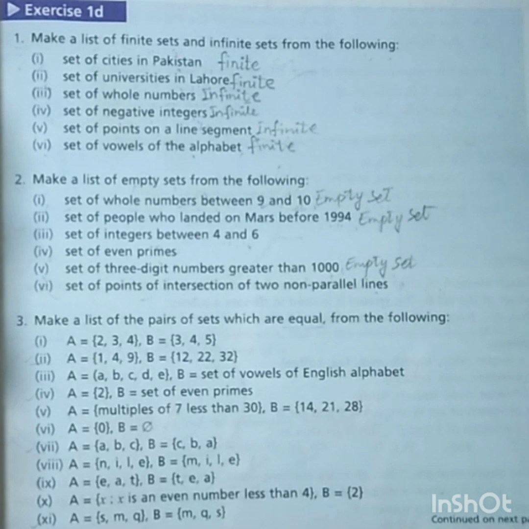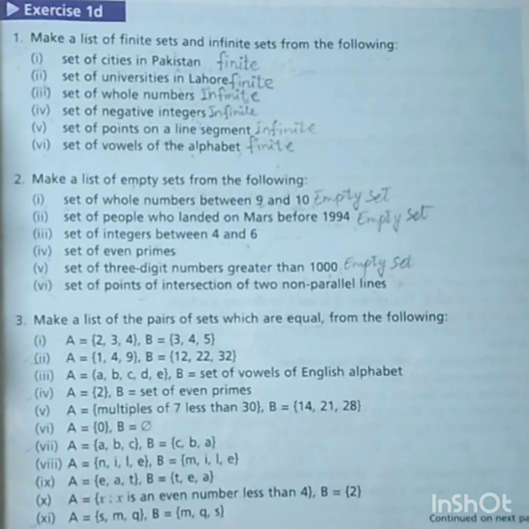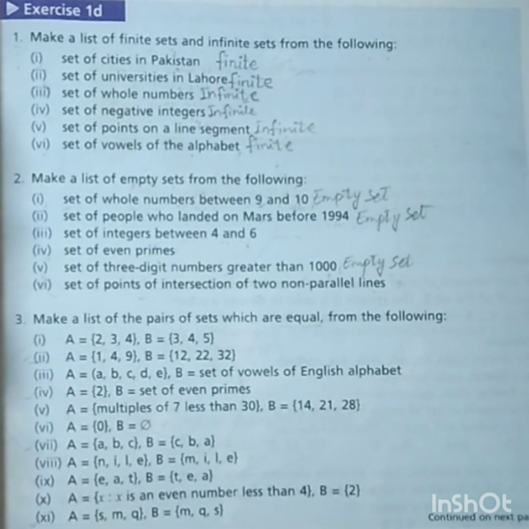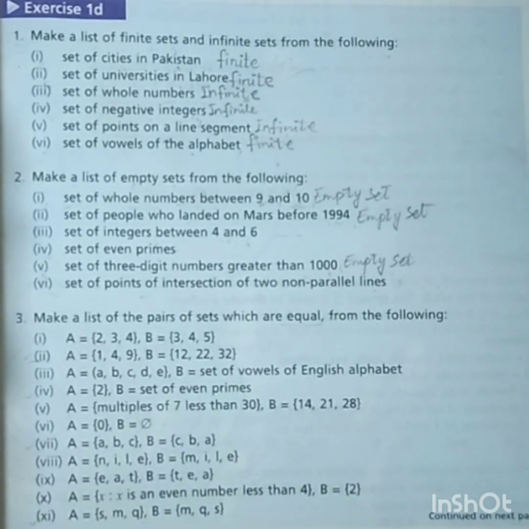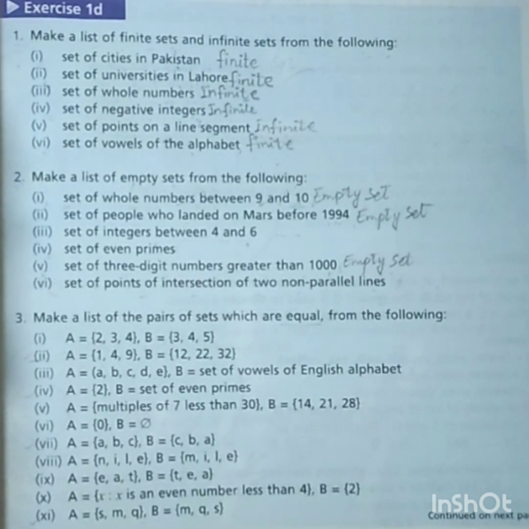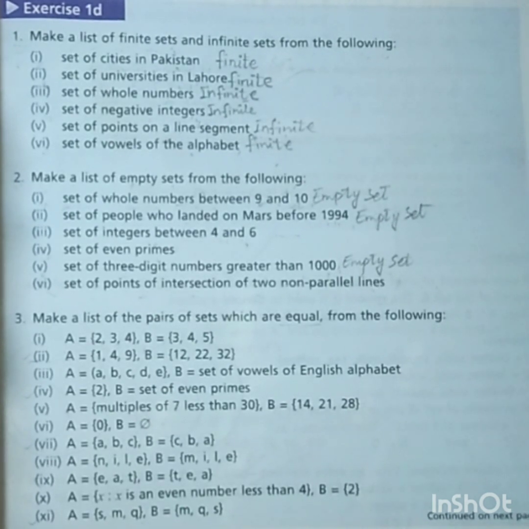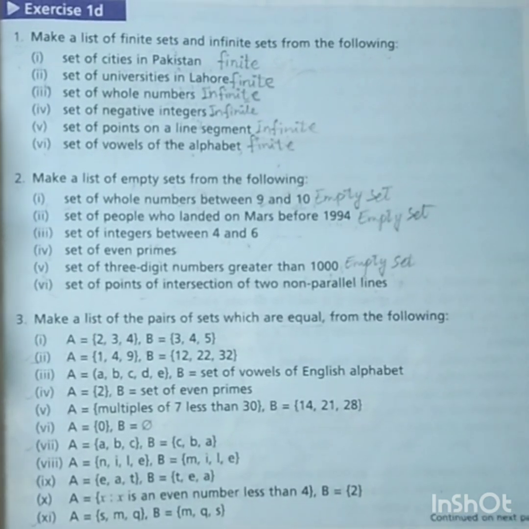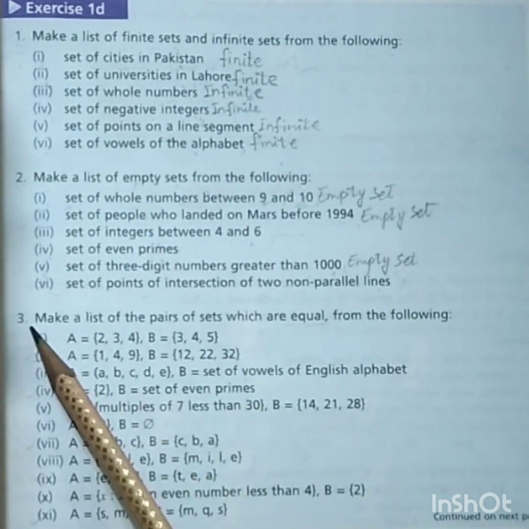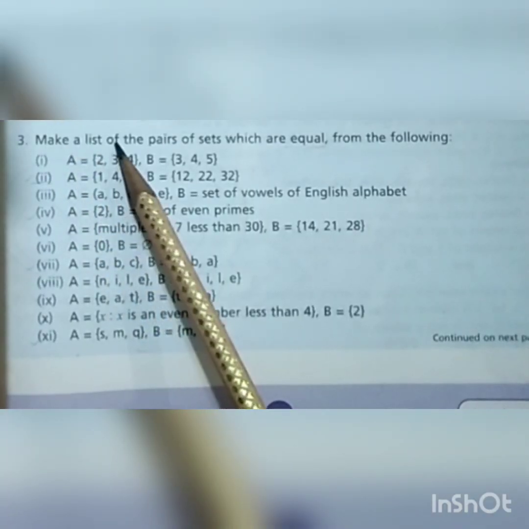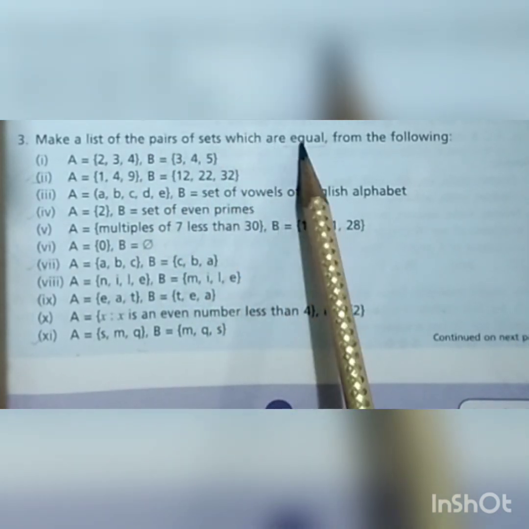Students, in our previous lecture, we have studied the definition of equivalent set, equal set and universal set. And also in previous lecture, we have solved question number 1 and 2 of exercise 1D. In today's lecture, we will solve question number 3, 4. So let's start question number 3, that is make a list of the pairs of set which are equal